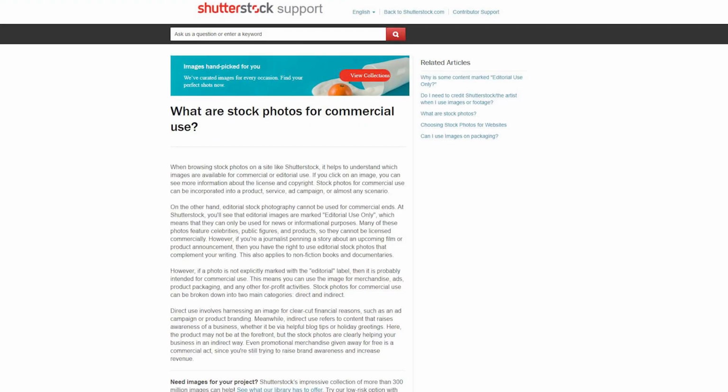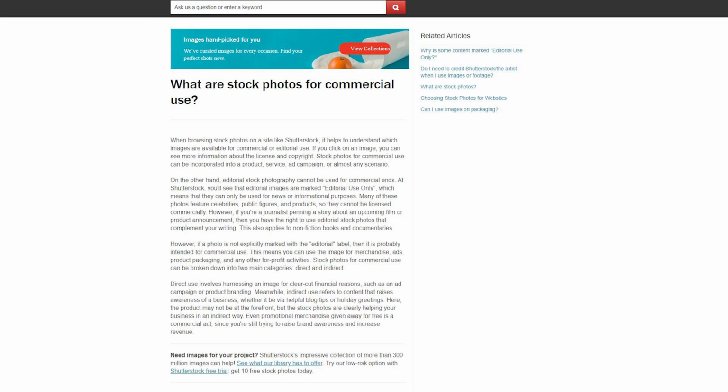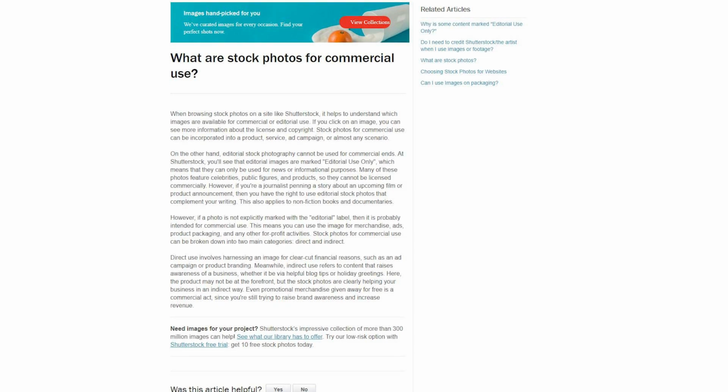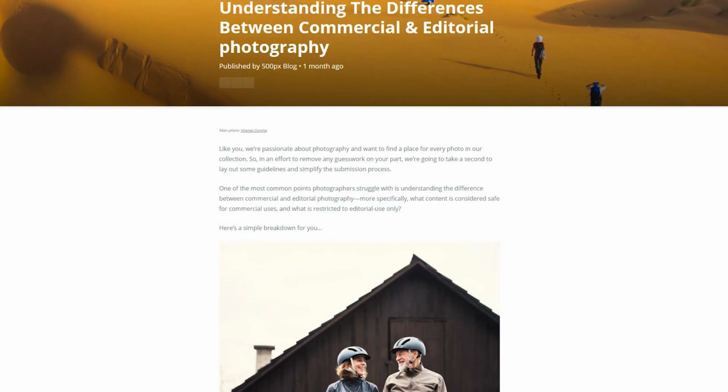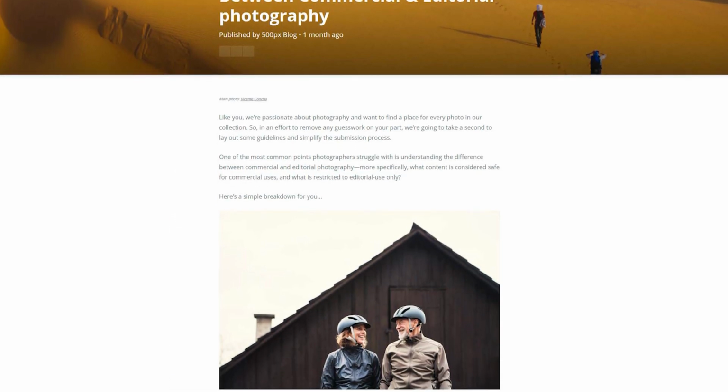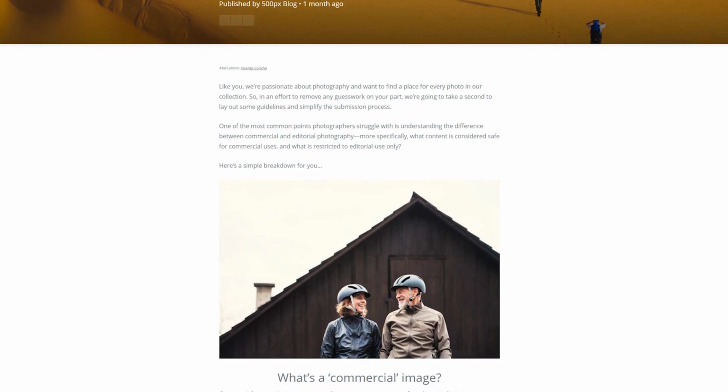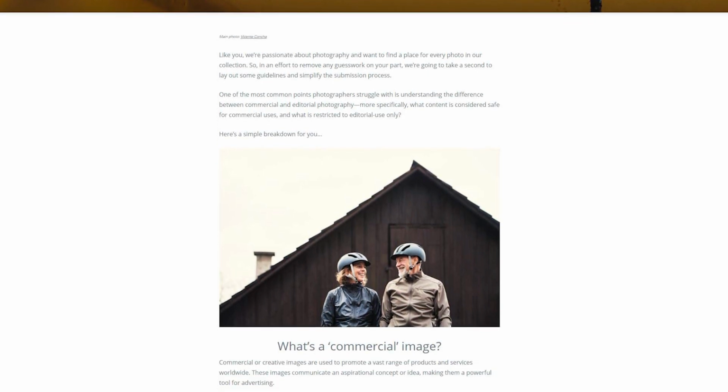I put 2 guidelines from Shutterstock and a very useful article about these topics in the video description, so take a look for even more specific information if something isn't clear yet. This can generally apply to other stock sites as well, but look at your specific stock site for more accurate